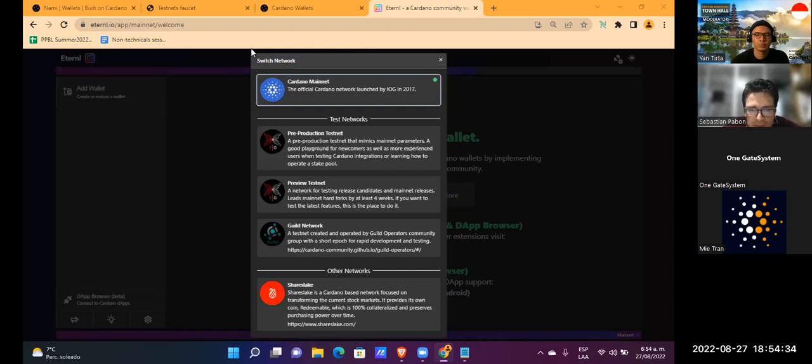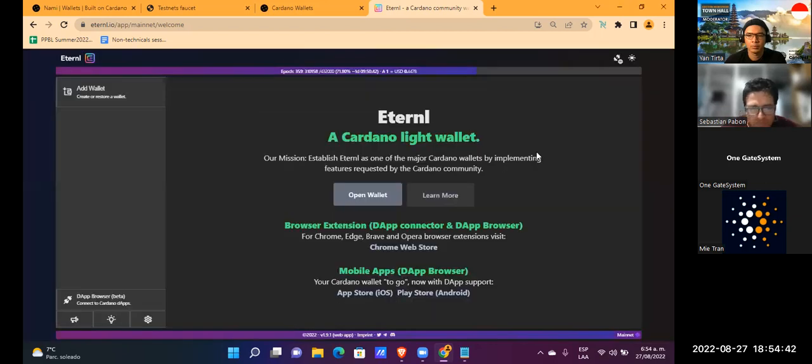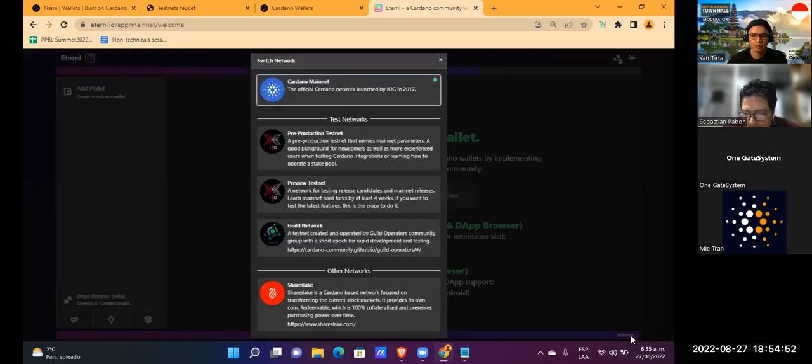The initial view of the wallet is this, in mainnet. But we should change the mainnet to our testnet.